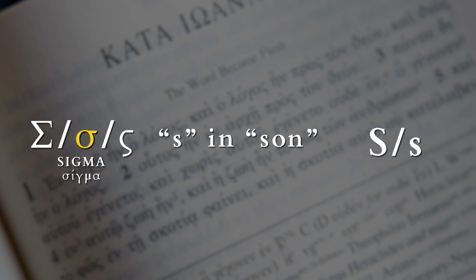The lowercase form looks similar to a lowercase omicron, differentiated by the tail that trails off of the top to the right. In lowercase form, this letter could be easy to mistake depending on one's handwriting. In addition, sigma is the only Greek letter that possesses a final form. To an English speaker, this form should be relatively easy to recognize, as it bears similarity to a lowercase s, with a portion dropping into the subscript.